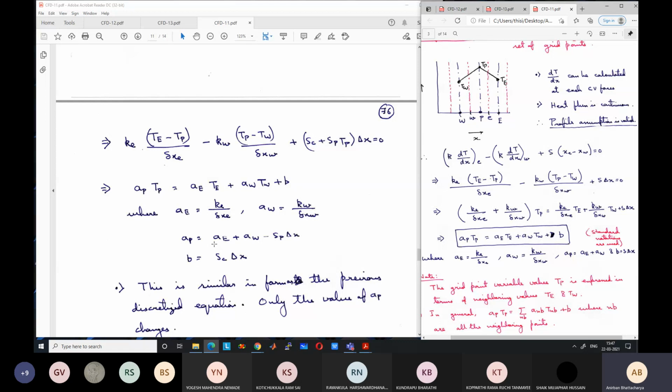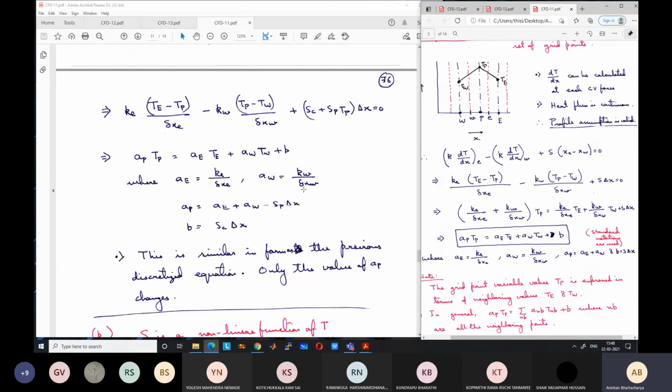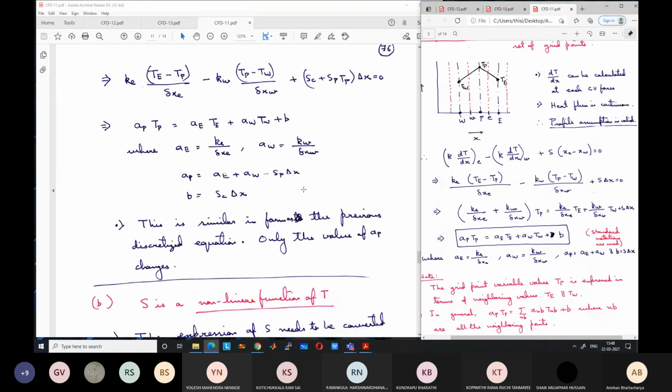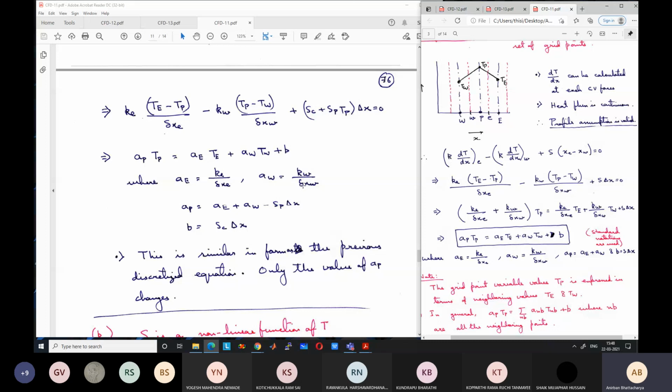Okay. So because we already know the values of aE, aW, aP and b, we can again solve the equation in a similar way. Ultimately our aim is to always find the equation in this form so that we can solve using any of the methods that we have learned before the midterm. So any questions up to this point? This is a revision of the previous material we had discussed before the midterm. So up to this point, I guess it is okay.